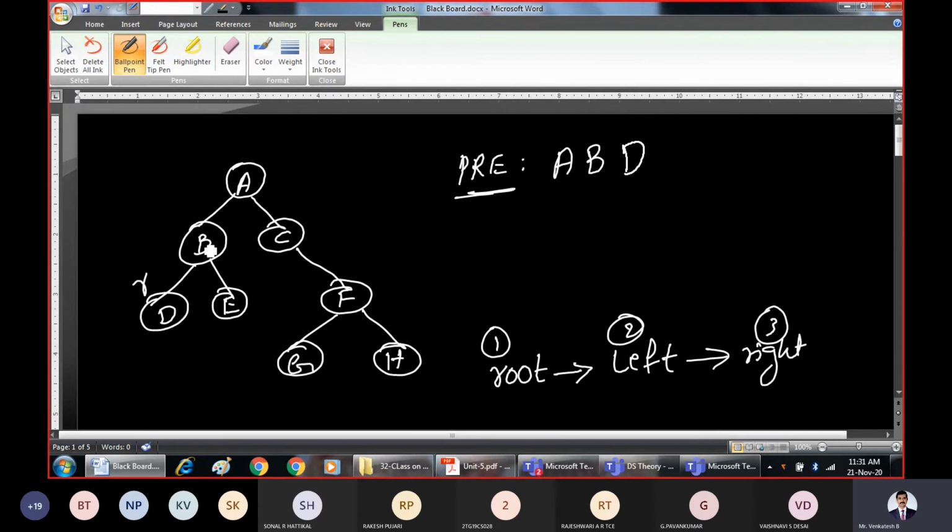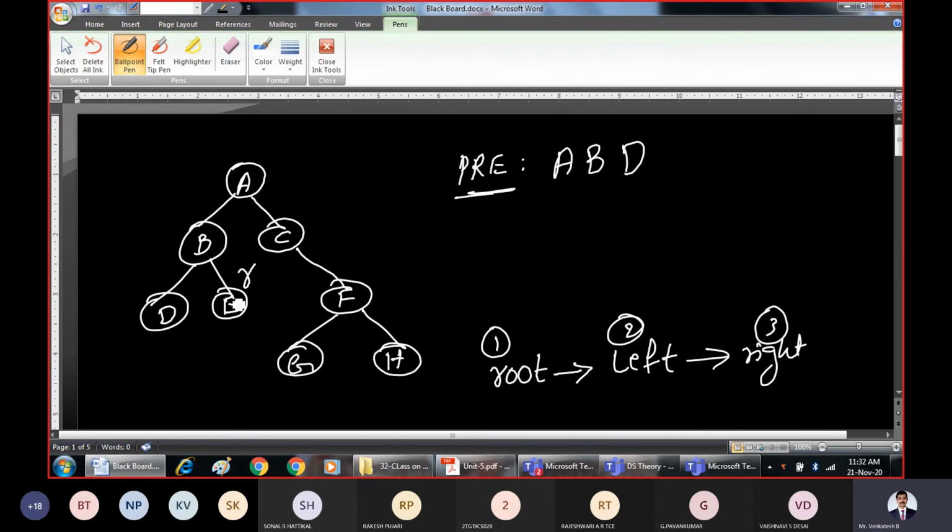Now after processing this, again go back to this root node. Whenever you are present here, you have successfully processed this left subtree. Now I'll erase this. For this node B, we have successfully processed the node D. Now for this node B, you have to go right and process the right subtree. Why should I go right? Because the procedure says for any given node, first print its root value, process its entire left subtree, then process its entire right subtree.